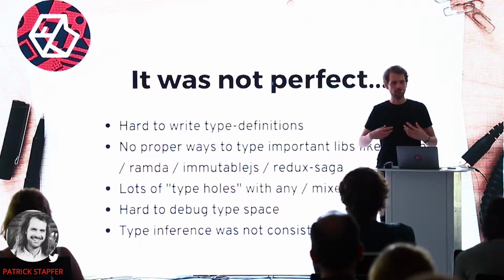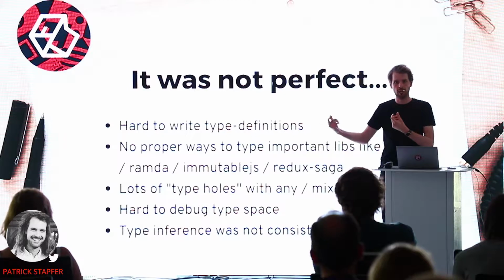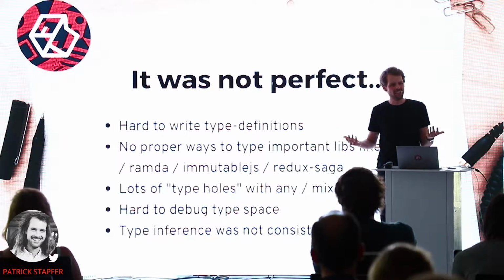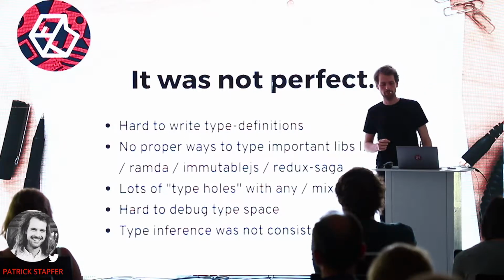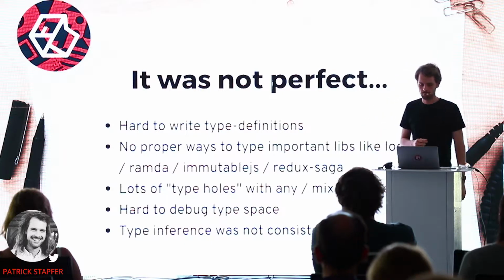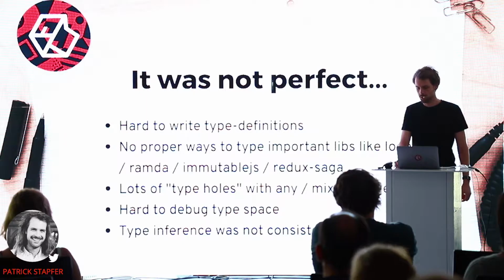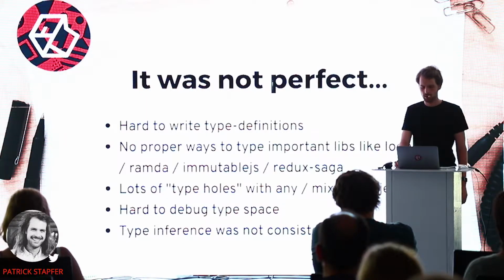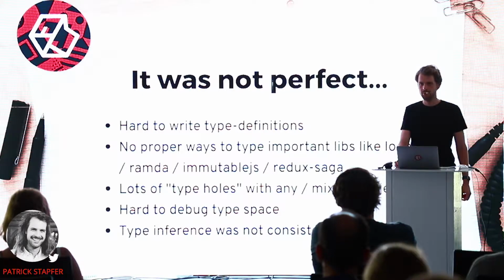So when you're using generics or when you're typing polymorphic variadic arguments, it was always hard to tell what Flow does. Does it actually check my code, or does it just bail and say, okay, it's just any? And you never knew when this would happen. And therefore, the type inference was never consistent, which was sadly a problem, because we like to do a lot of functional composition in our code.